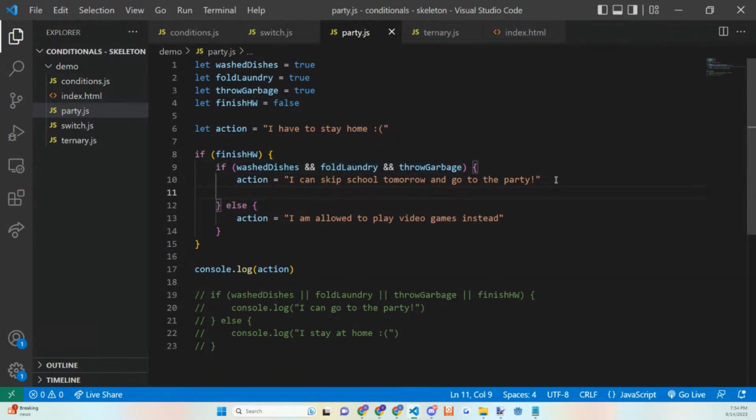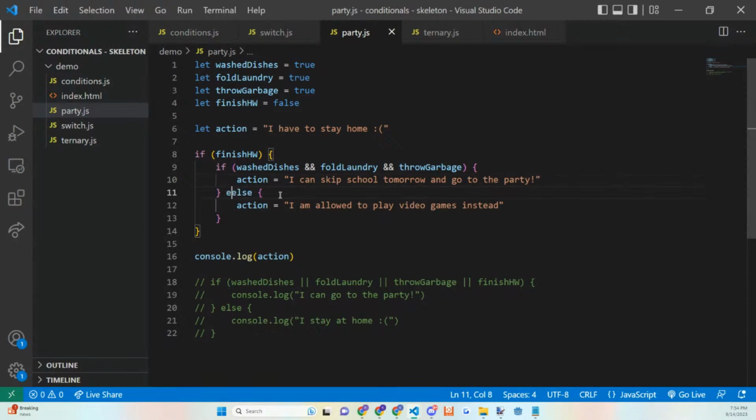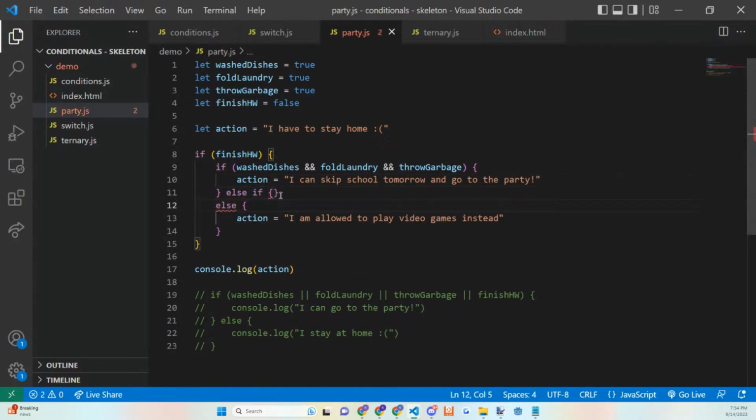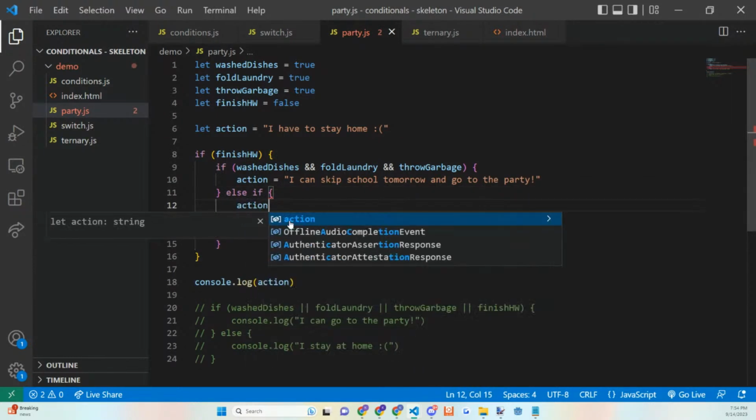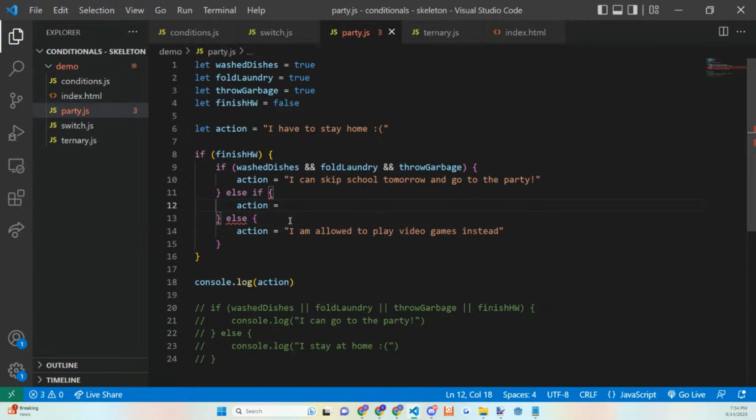So let's have an else if, apologies. And in this else if, I'm just going to say action is equal to something else. Oh yeah, I need a condition here. Let's make sure that we have that condition stating that if one of these conditions is filled, then I can say I can go to the party.